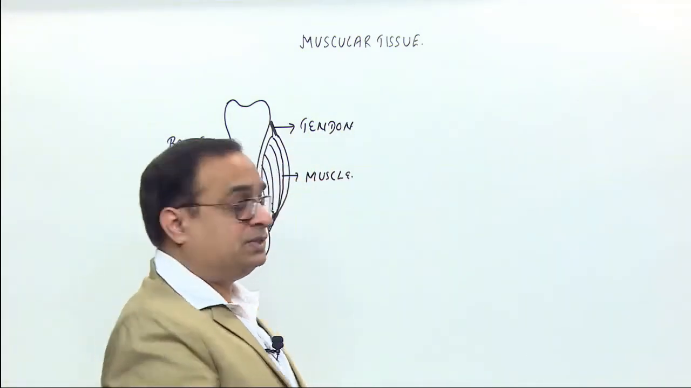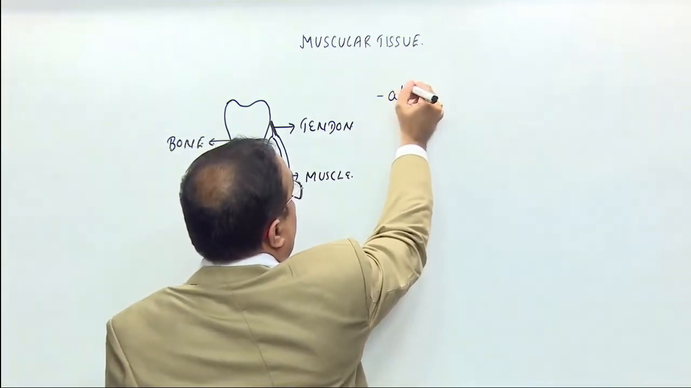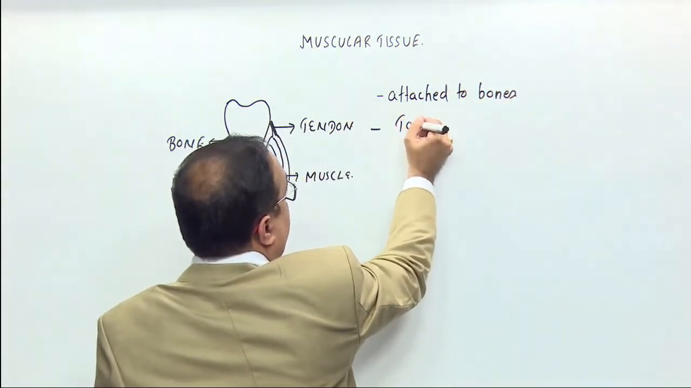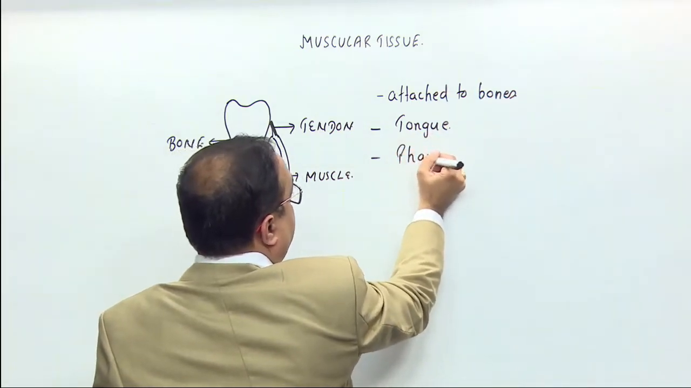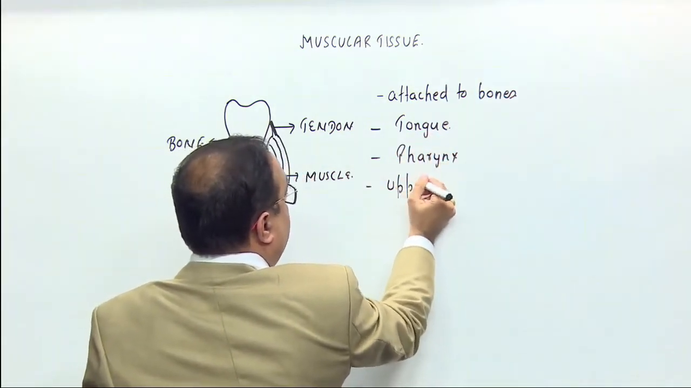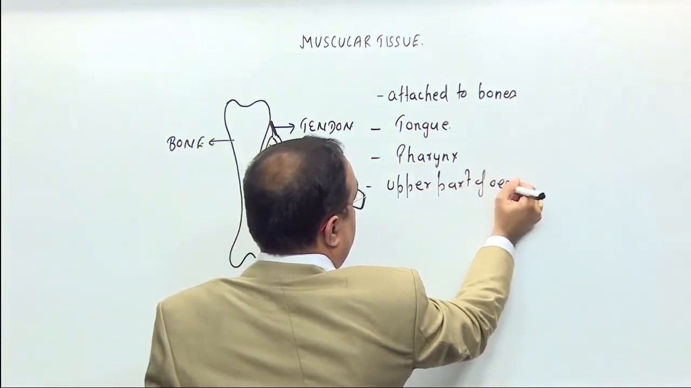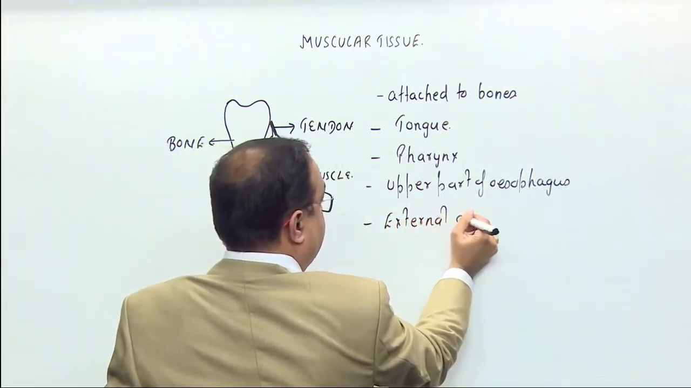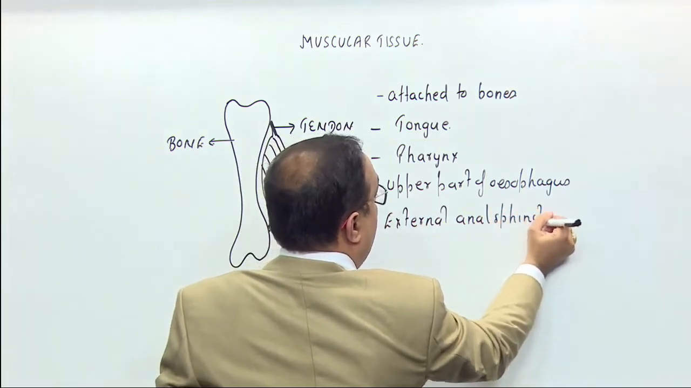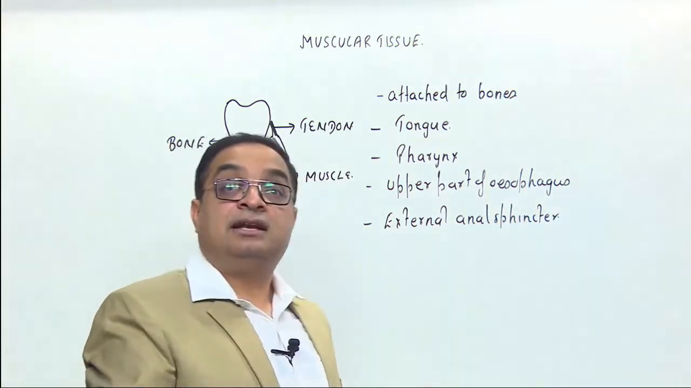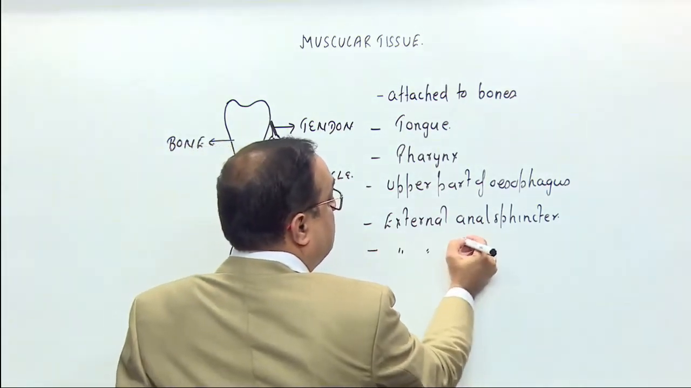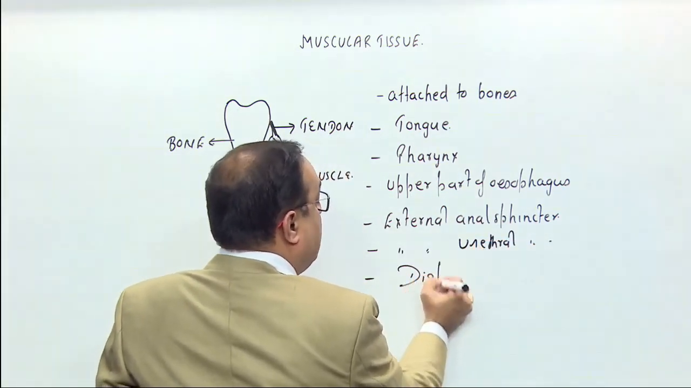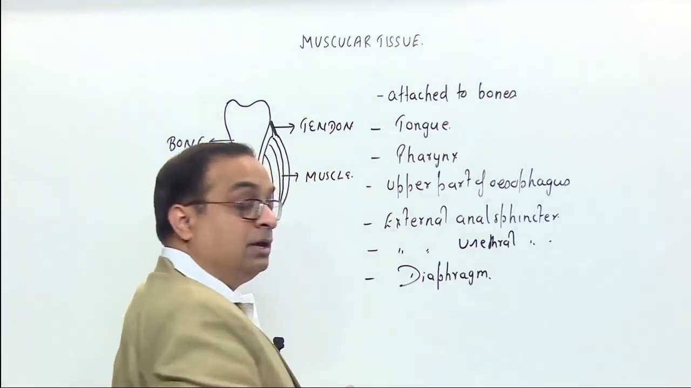Skeletal muscles are present not only attached to bones. I'm writing here, they are attached to bones. They are also present in your tongue, pharynx, upper part of esophagus, external anal sphincter. Sphincter means a ring of circular muscles. Even the external anal sphincter has skeletal muscles. External urethral sphincter also has skeletal muscles, and the main breathing muscle, that is diaphragm, is also a sheet of